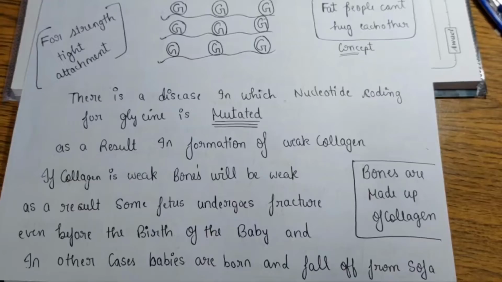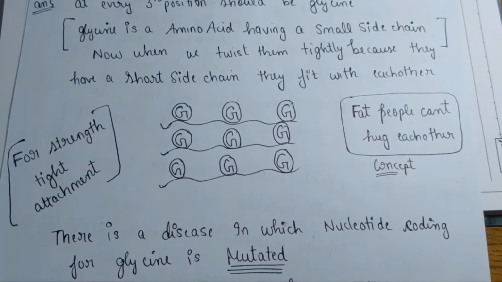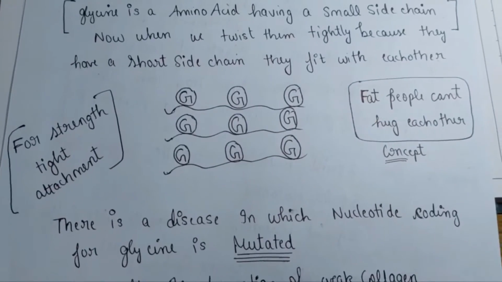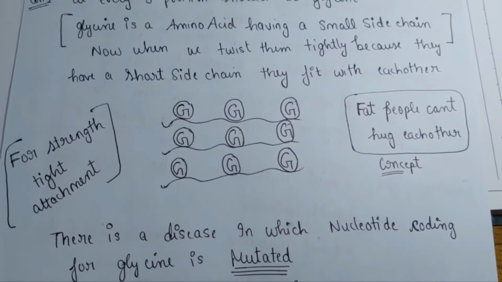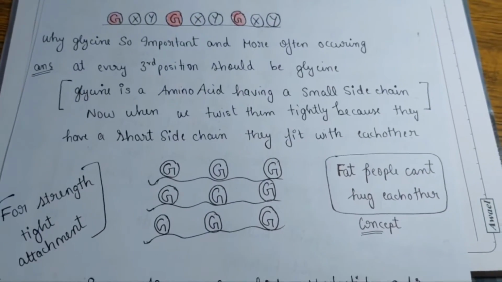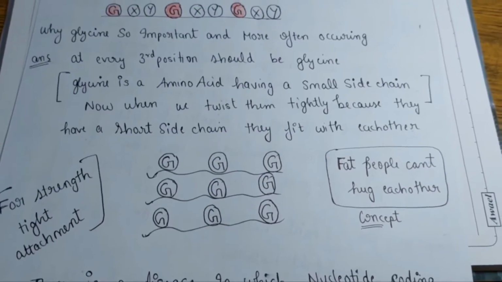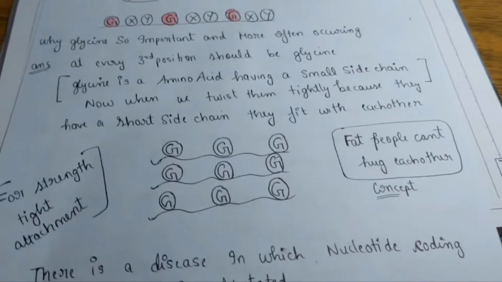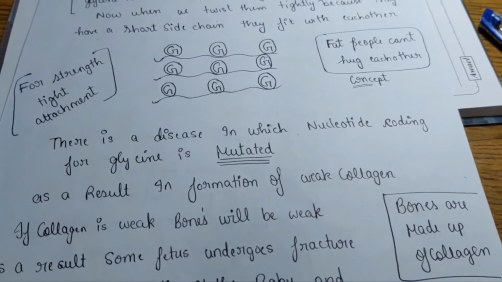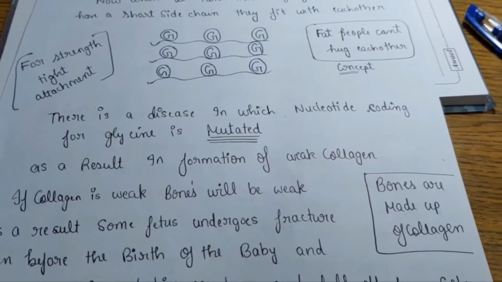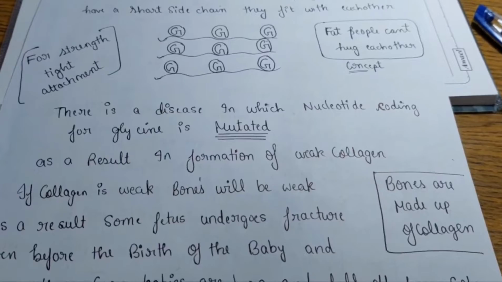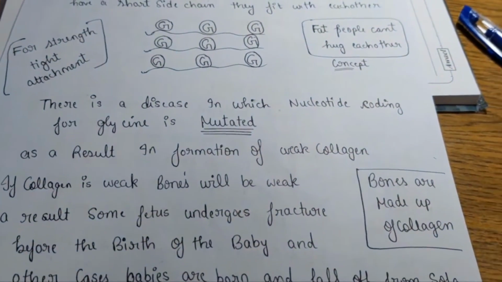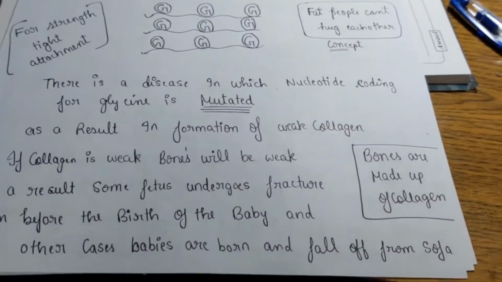Now it is so important that if the nucleotide coding for glycine is mutated, we will have some disease also. For example, if the DNA sequence which codes for this alpha peptide, and which makes the mRNA, was mutated and there was no glycine, eventually we will have a disease, because the collagen fiber which is formed will not be very tight and will not be as strong, because glycine helps in the stronger tight attachment of the